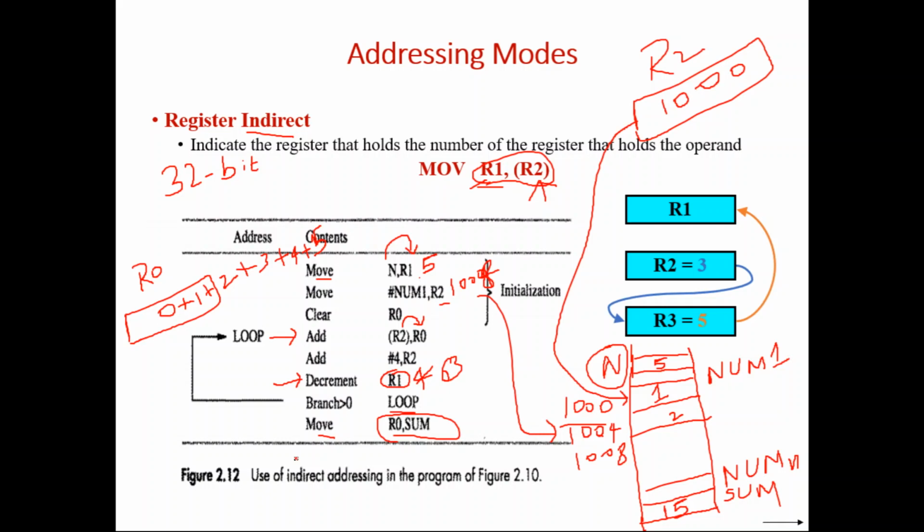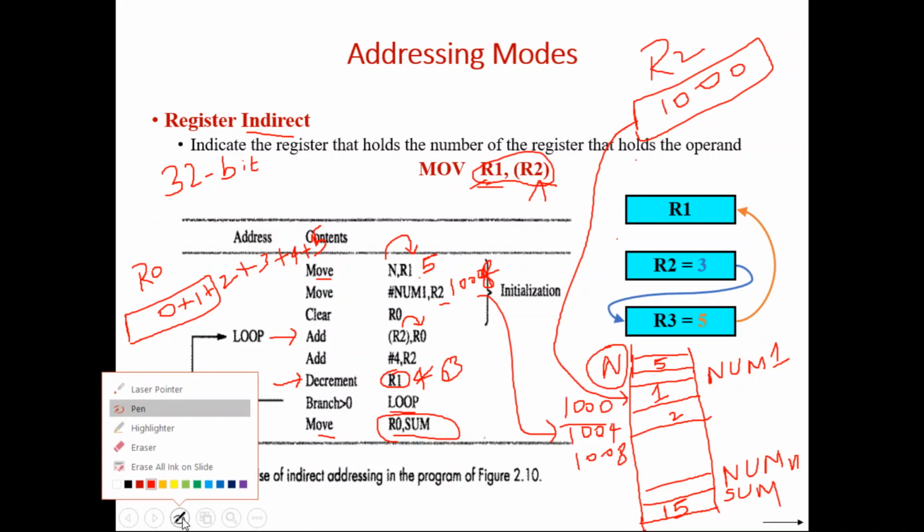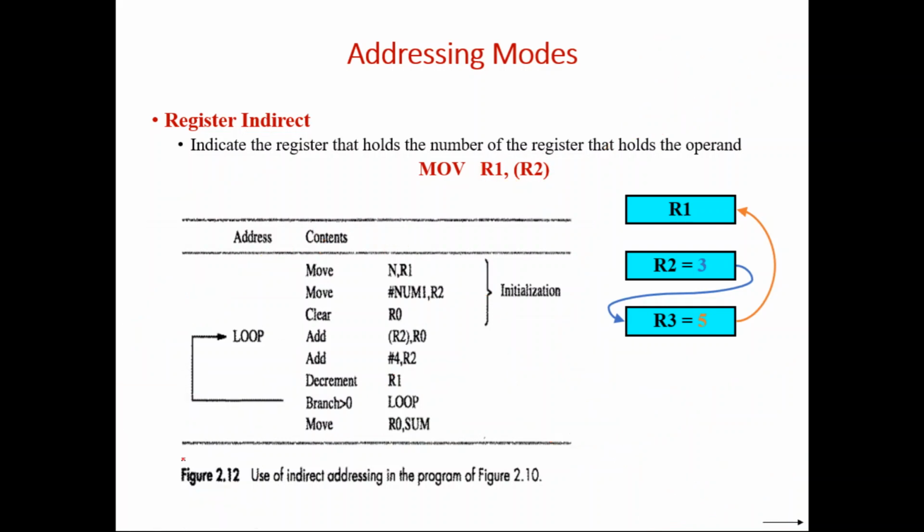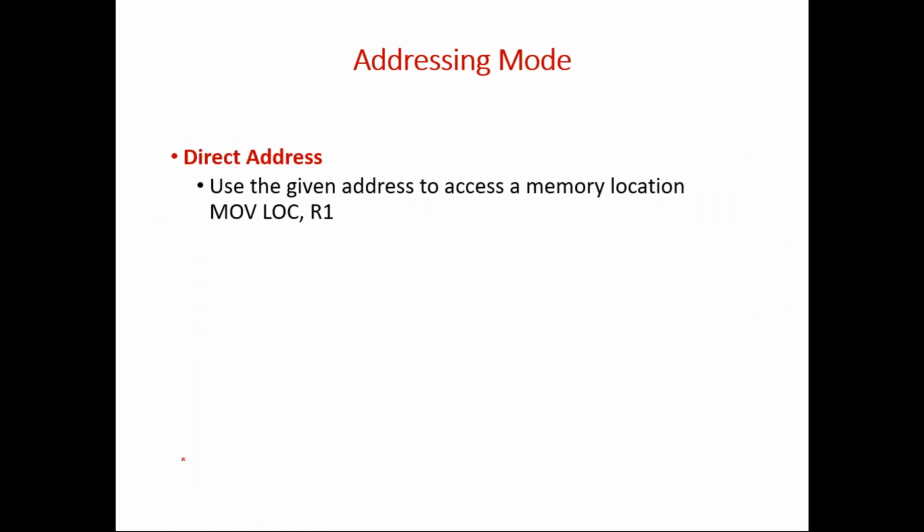Okay, that depends. And it is not that the register should always point to another register. It can also point to the memory. So here we discussed that R2 is pointing to another register R3, but here R2 is pointing to the memory location, right? Generally we use this addressing mode to make the registers point to the memory. Fine. So this type of addressing is called register indirect addressing mode.